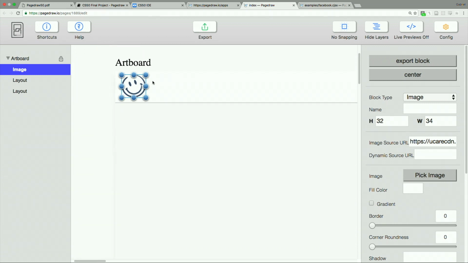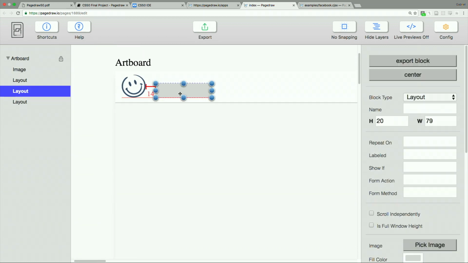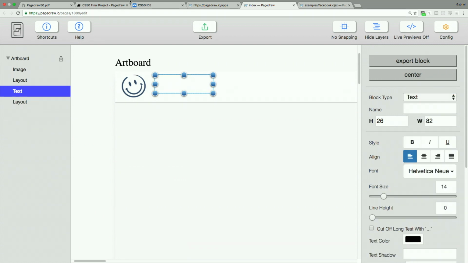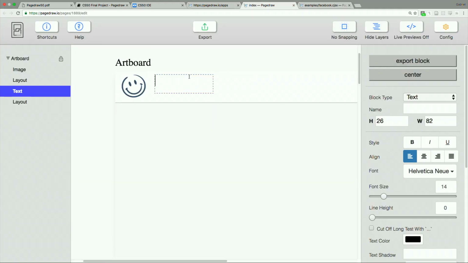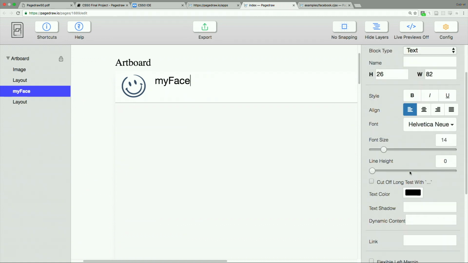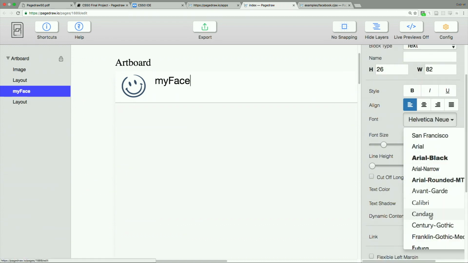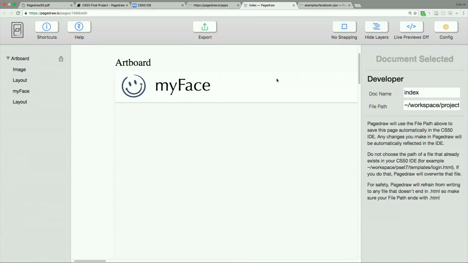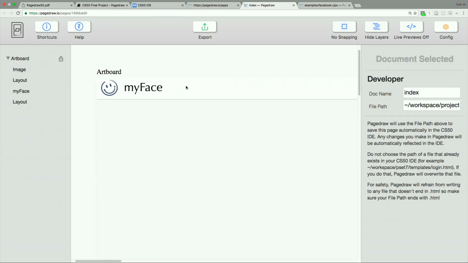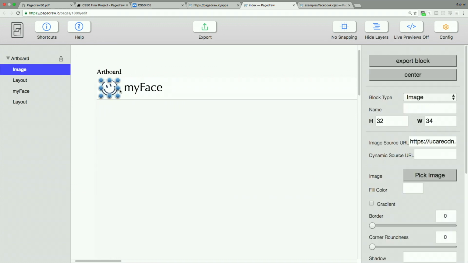Cool. Now I'm going to create a text block. I'm using a font, Kandara, and I'm going to say my face. That's the logo of our app. The font I can choose here, Kandara. And the font size, I believe, should be 24. There you go. Cool. Now I'm going to copy paste this block just to make another image block